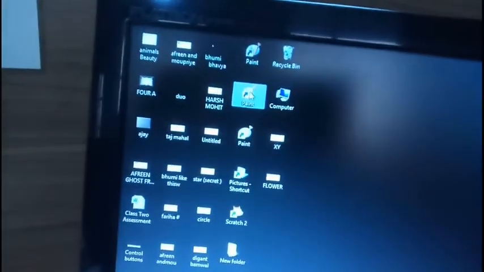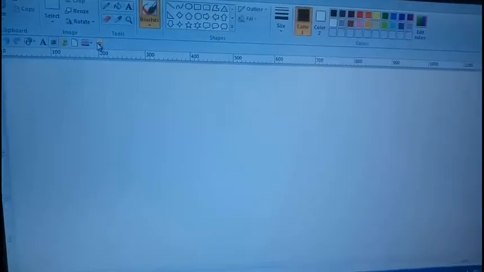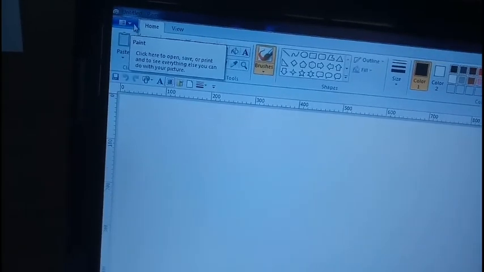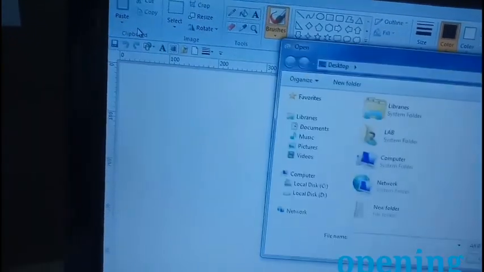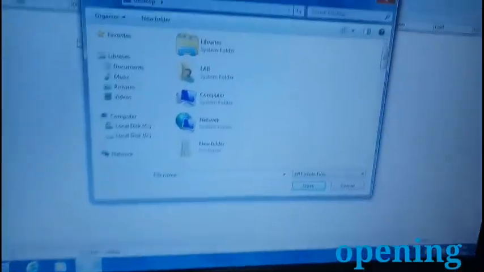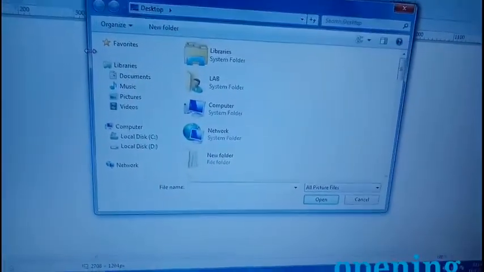Now I will bring Paint back. My picture of course is no longer there, so I will now have to open it. I will go to the Paint button, go to Open, and can you see the file flower? No, you cannot.